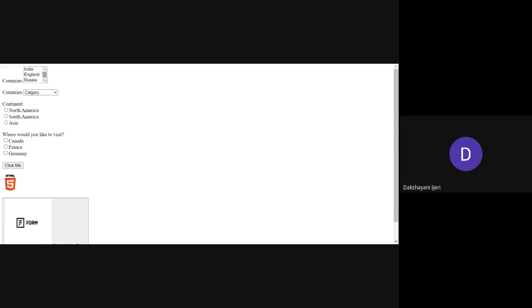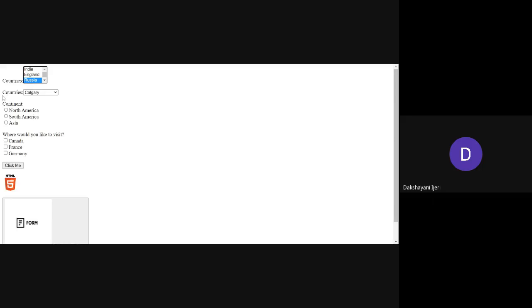You can see here the various options that have been created here. Probably it has been created with the select element, for which I think I might have used the size attribute as 3 to make the default 3 options visible, right? To know how many other options are there, a drop arrow is going to be displayed. By clicking on that, you will be able to see the other options as well. If you want to select anything, you can just click on that particular option over there.